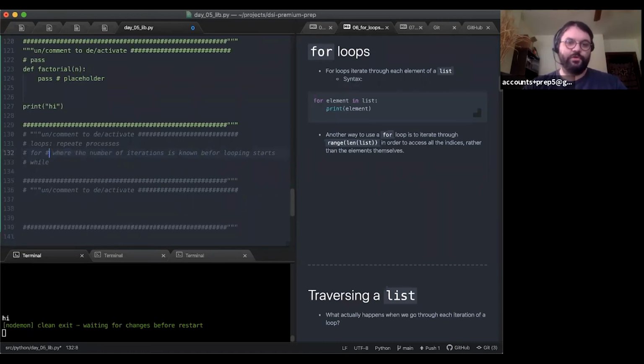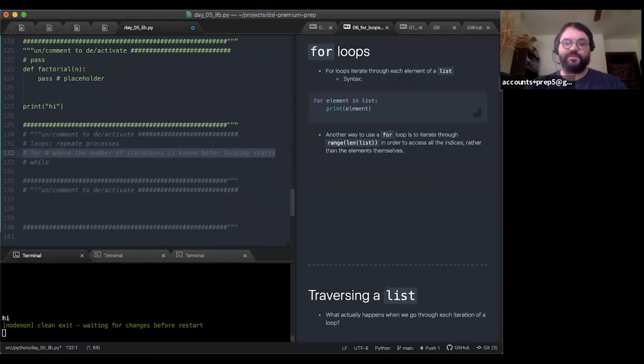Or can be determined. Sometimes it's not known, but there's something quick you can do to determine the number of iterations needed to solve the problem before the loop starts.